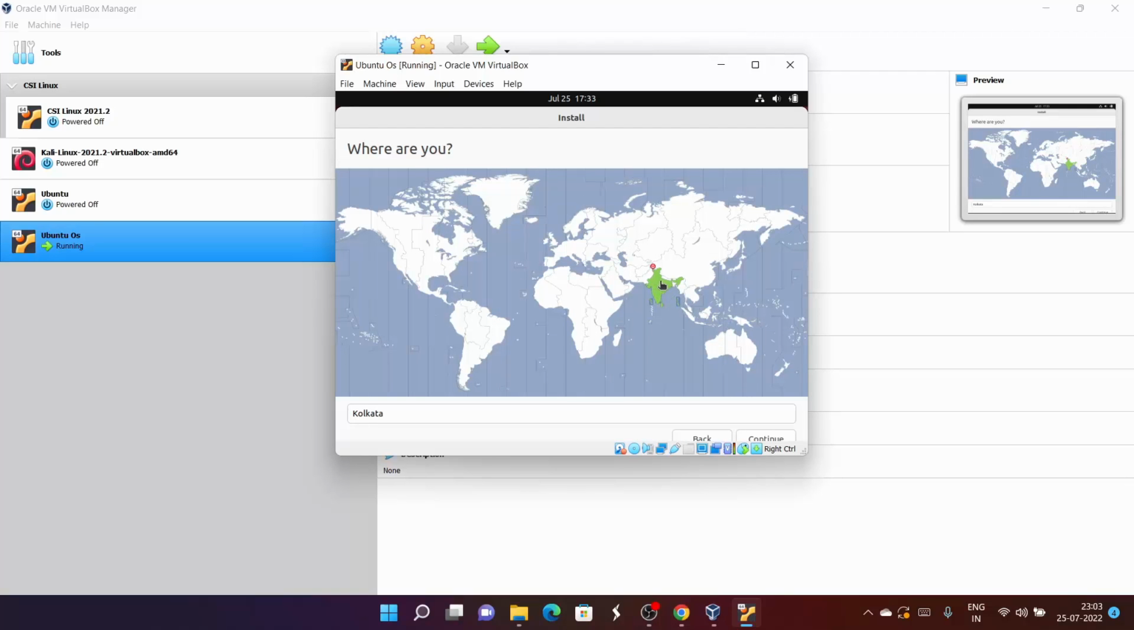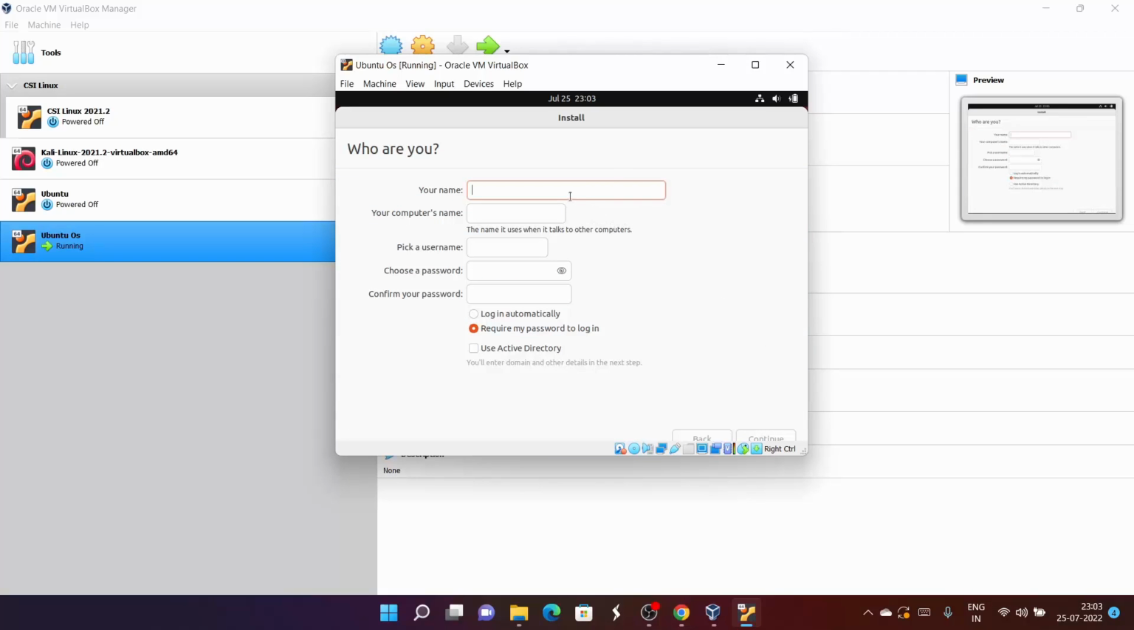Then my region is in India, so it's been already selected. You can also choose according to you. I'm just hitting continue. Now you have to provide a username, so my username I choose as Ayush, and my password. Make sure you remember your password because we will need it again and again. So you have to just make sure you have selected this option, require my password to log in. Okay, then click on continue,